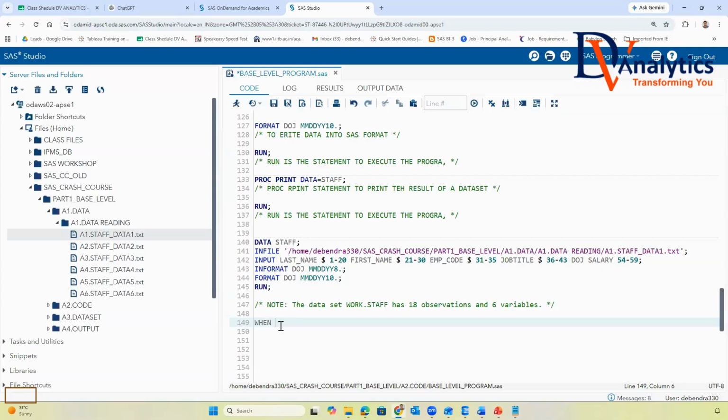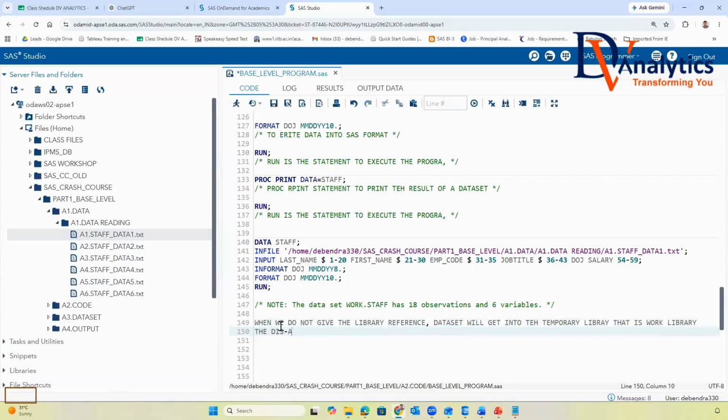When we do not give the library a reference, the data set will get into the temporary library, that is work library.